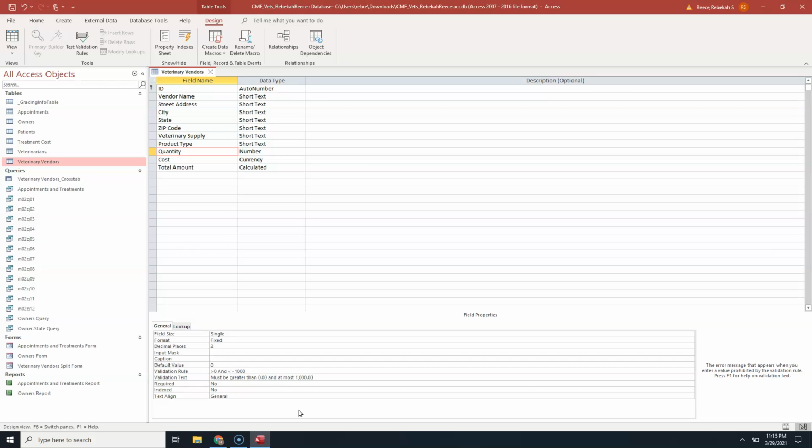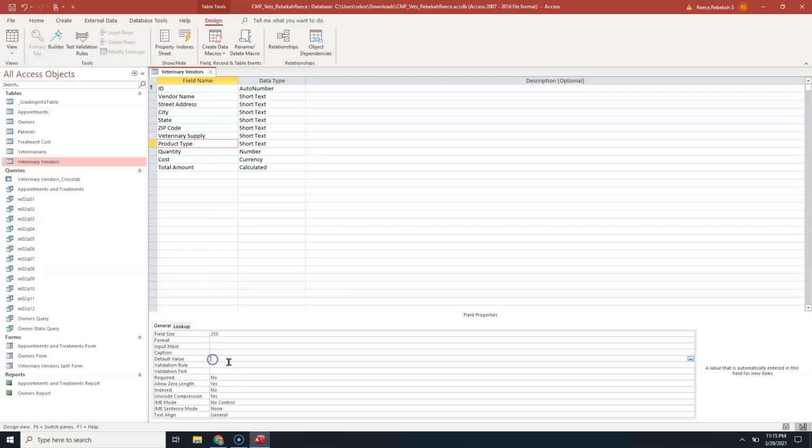So the next validation that we're going to put in here is that we want to specify a default value. And this is where I was telling you when we put that product type in, we're going to go to the product type field, and because most of our products are vaccines, in our default value row, we're going to type equals VAC,